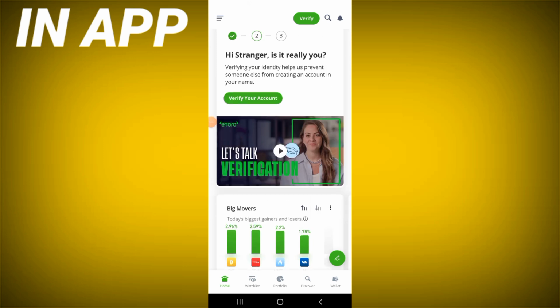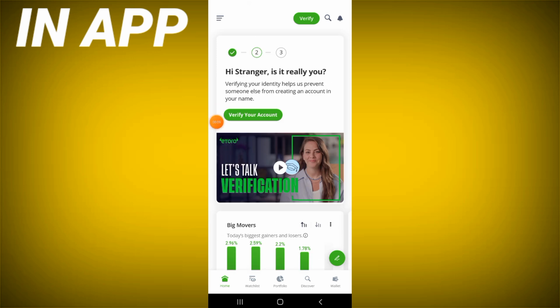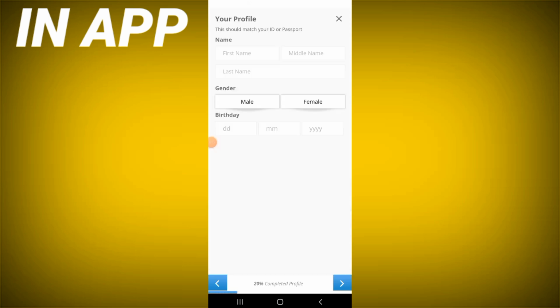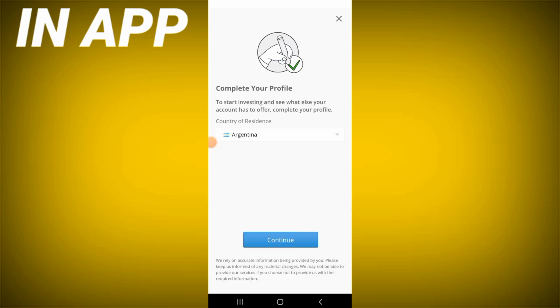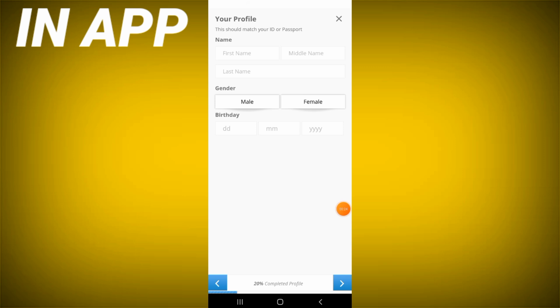Account easy and quick. First you have to open your eToro and click verify your account, and right after that you have here to choose your country. For example, I'm from Argentina. Choose it and click continue, and you have to add your first name, middle name, last name, your gender and